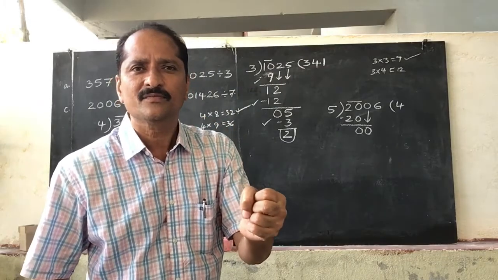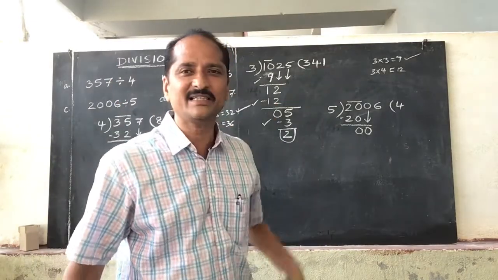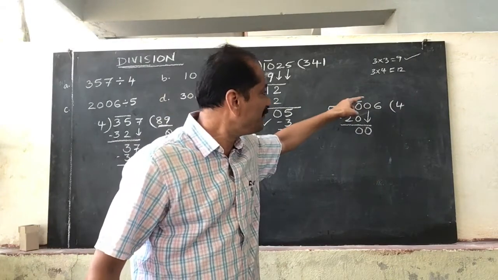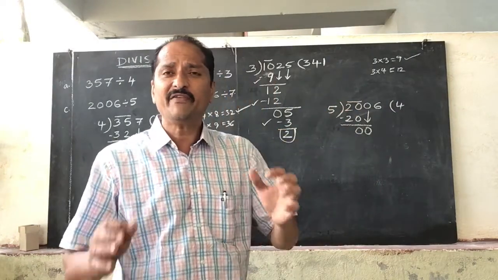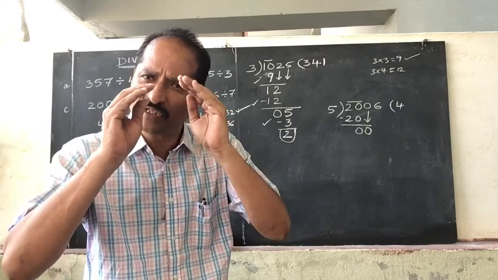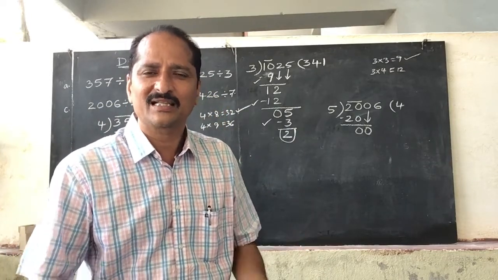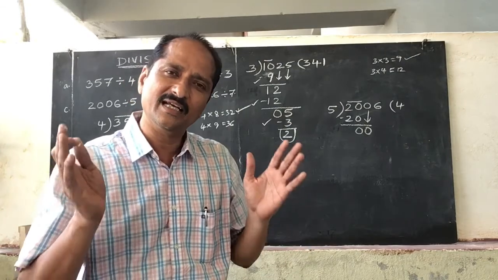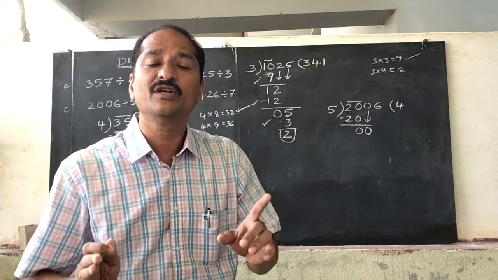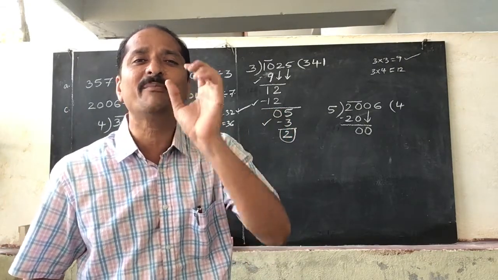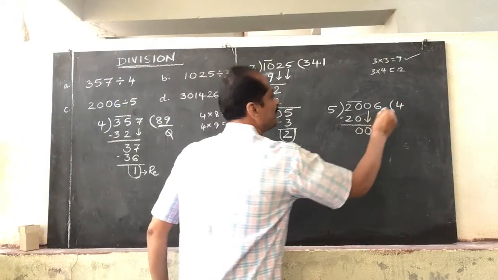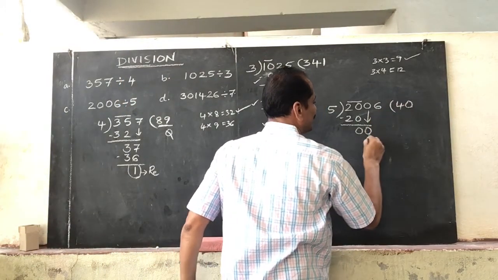So what we will do, we will bring down the next digit. But already we have brought down 1 0. Whenever we are bringing 1 0, then we should divide. You will say, sir, it is not divisible. Okay, if it is not divisible, you can divide for 0 number of times. That means 5 0's are 0.